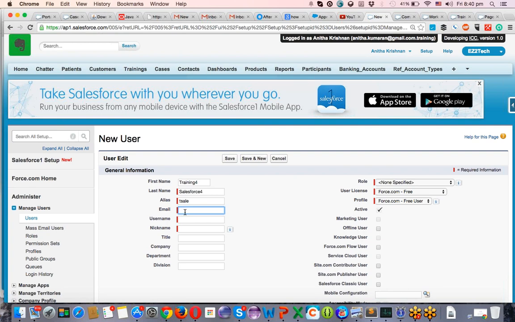Can you notice one thing? I have logged in as Anita Krishnan. I haven't logged in as Venkat now. What happened is, first of all, I logged in as Venkat. Later on, inside Venkat only, I logged in as Anita. That's the reason you can see the screen like this, the black color screen with this message. Now I have done two internal logins. First of all, I logged into Venkat's profile, that's the system admin, I think super admin. From there, I logged in as Anita. That's the reason it says logged in as Anita.